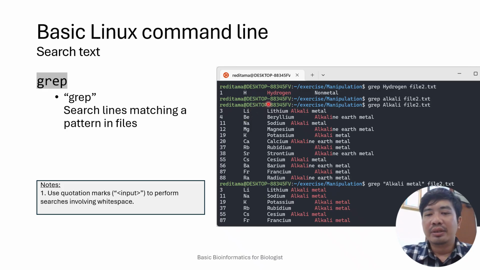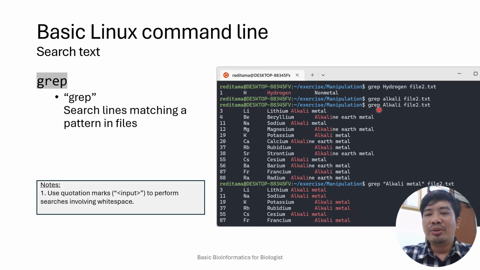Then I try to grep to search alkali in the file, but this does not return anything. You know why? Yes, because Linux is very case sensitive. Small a and capital A are very different characters in Linux.